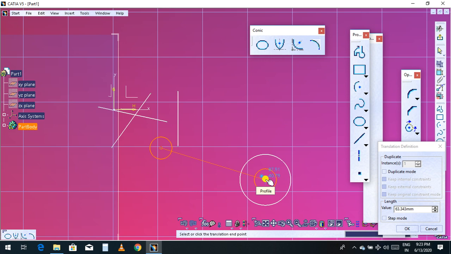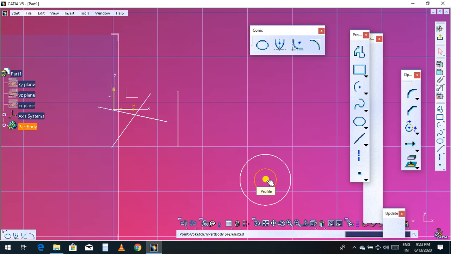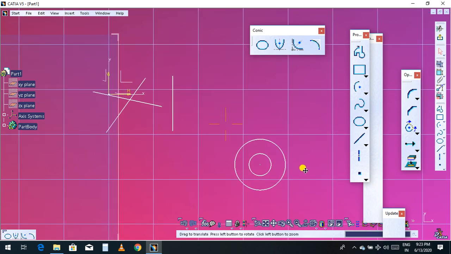If you click here, this part will be deleted. See, this original part is deleted. This is not a copy, this is called cut. In other software also there are many commands used like this.